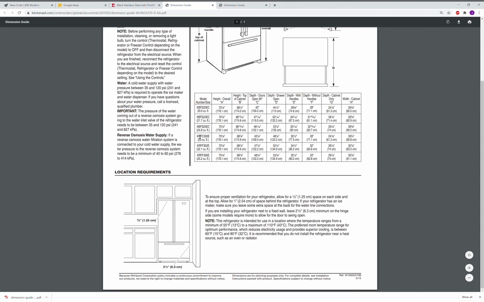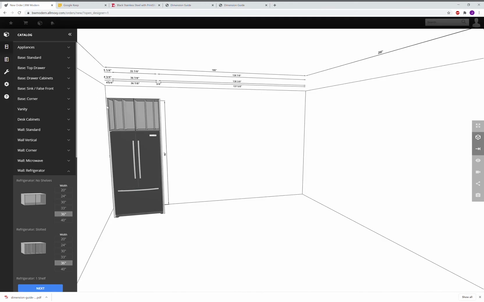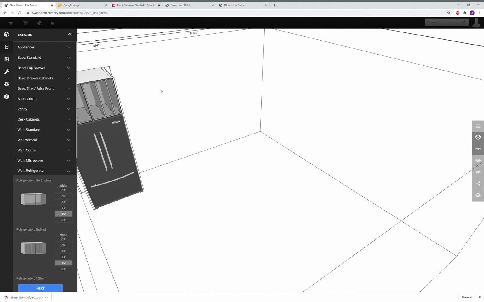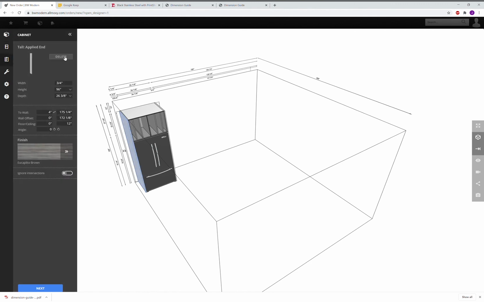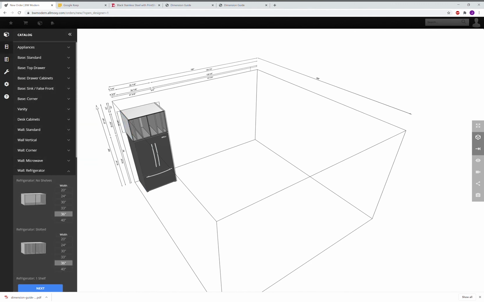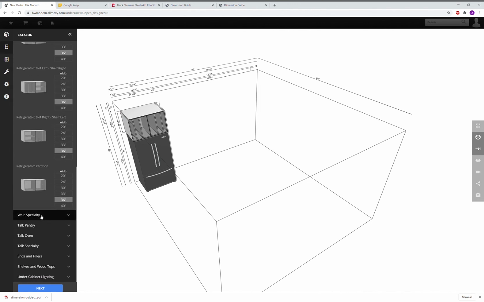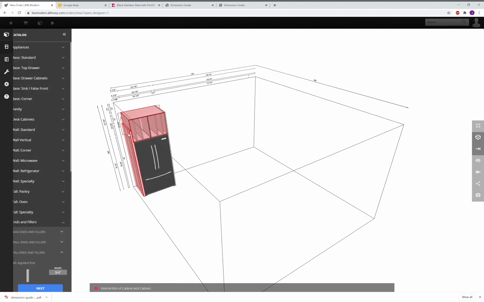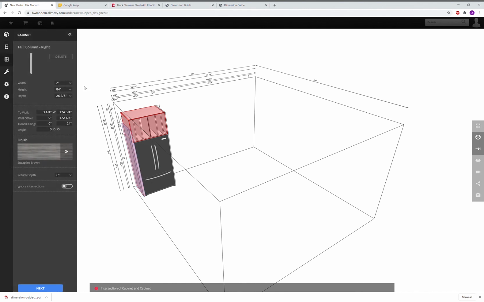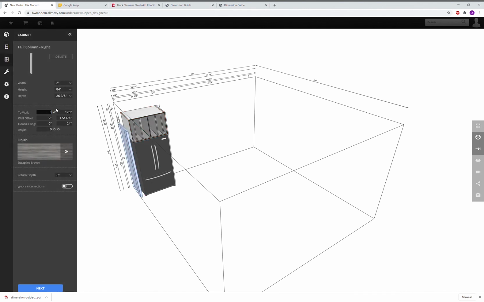So next we'll put it next to a wall, to kind of mimic this situation right here. There's a couple things that we need to pay attention to on this. We're going to pretend that this is our wall on this side, so I'm going to go ahead and delete that end panel. Now I'm going to come into my end panels and fillers, and I'm going to grab a tall right column. This just seems like probably the best thing to use here. And now that I have a tall right column in the designer, I'm going to move it into the corner,